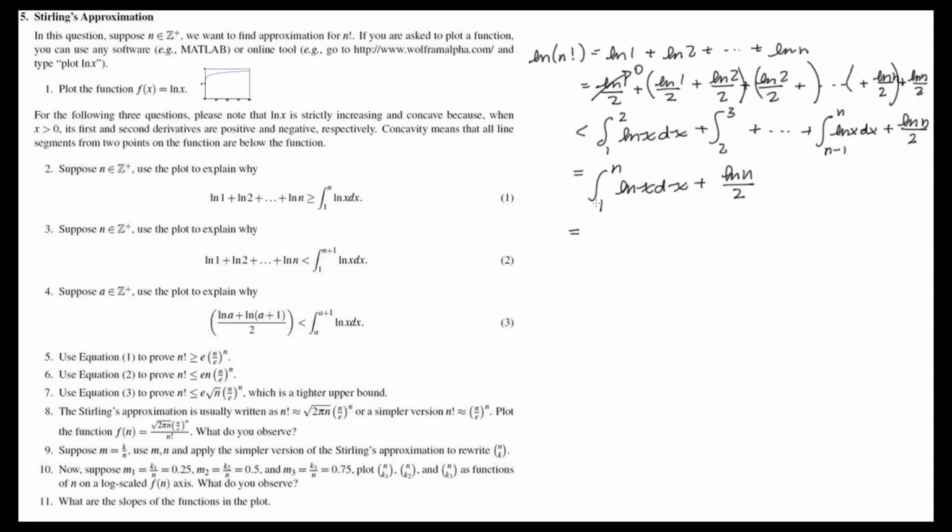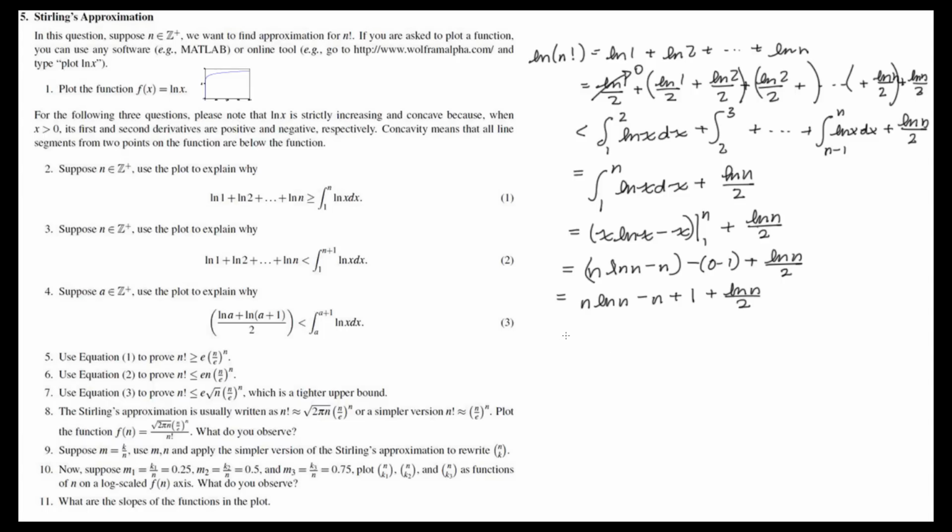We can evaluate this integral. So again, we get x natural log x minus x from 1 to n plus natural log n over 2. So this will be n natural log n minus n minus 0 minus 1 plus natural log n over 2, which we can write as n natural log n minus n plus 1 plus natural log n over 2. And rewriting these with log identities, we get natural log n to the n minus natural log e to the n plus natural log e, and natural log